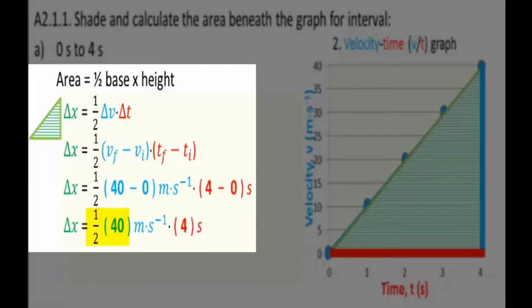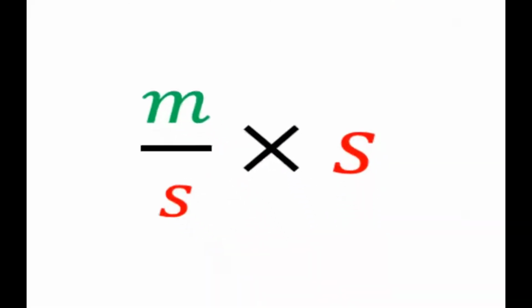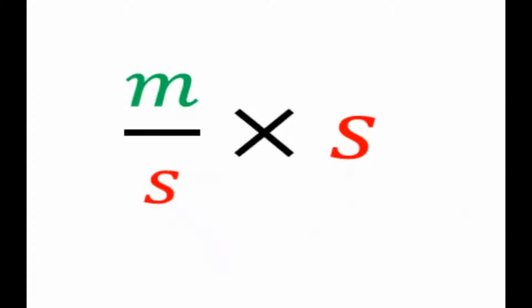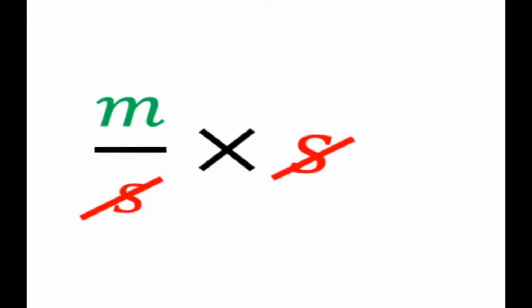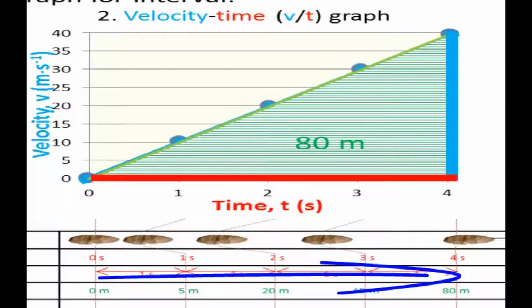Half of 40 is 20. 20 times 4 is 80. Notice that the units cancel to meters. We have meters per second times seconds. That gives us meters as the answer. And that is how far the stone fell during these 4 seconds. Final position 80 meters, initial position 0 meters, so the displacement, delta x, is 80 meters for this interval 0